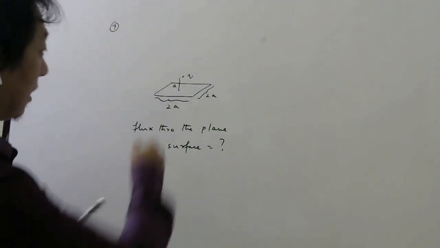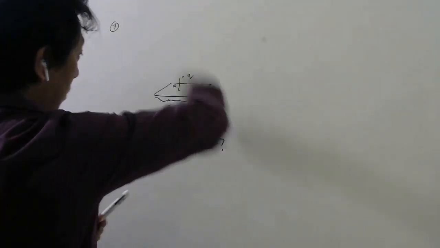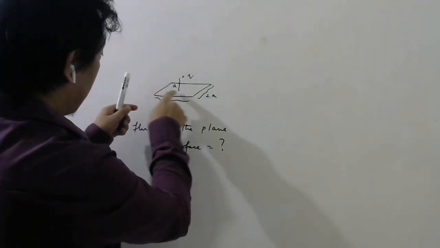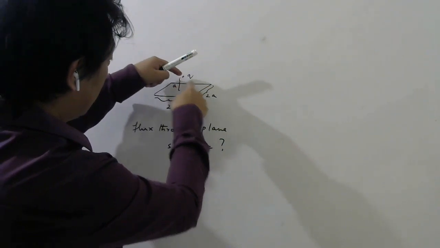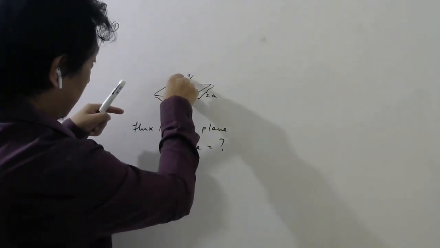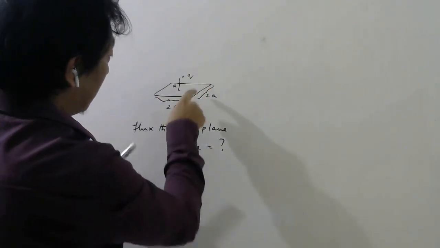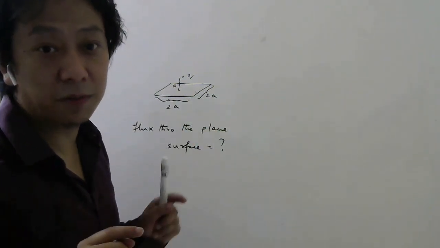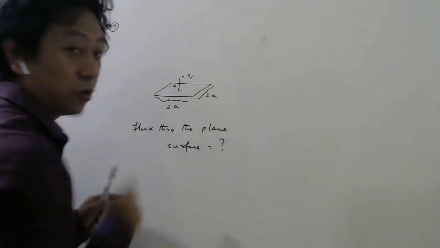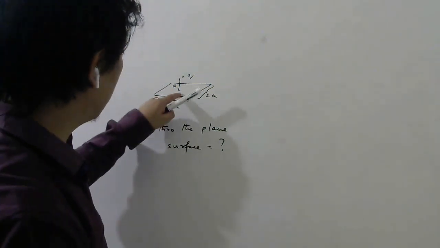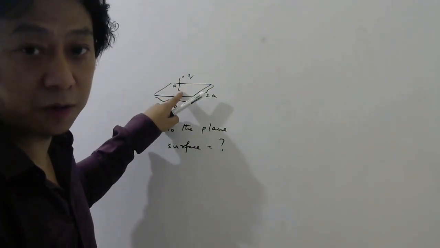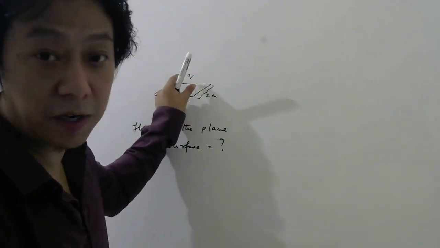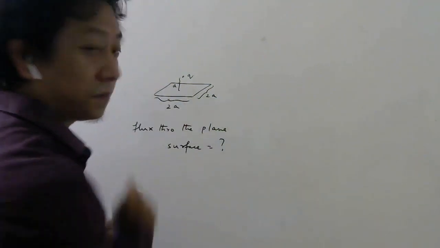So you can see lines of electric field will cut this surface. Yes or no? But the electric field here and here will be different because this distance is different. This distance is A, but this distance cannot be A. So it will be very difficult to use the integral of E dA cos theta for this problem because your E is not uniform. Here we can write 1 by 4 pi epsilon naught q by a square. But here your distance will be different, no? At this point. Yes or no?